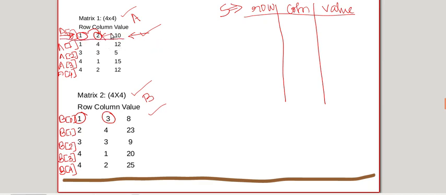Whichever you found less, you have to copy to your sum matrix. So you will have to copy this to S. S dot row will be equal to A of 0 dot row, that is 1, column will be equal to A of 0 dot column, that is 2, and value will be equal to A of 0 dot value, so it is 10.